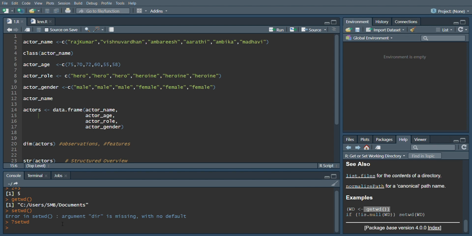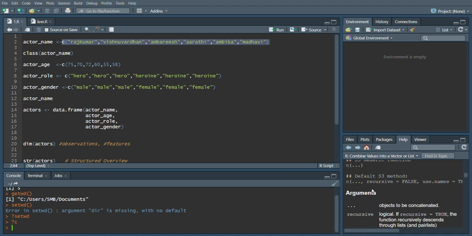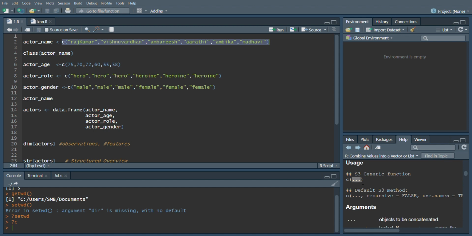Okay, so this is about the console, and this is the editor where you can type the R code. See, c is, for example, a function in R. Whenever you want to create a vector using a collection of values, you can use the c function. Suppose, as I said, you want to know how to use c, just type a question mark and c, and it will display the details about the c function. And remember, wherever you see these three dots as an argument list in the function, it means you can pass a variable number of arguments to that function.